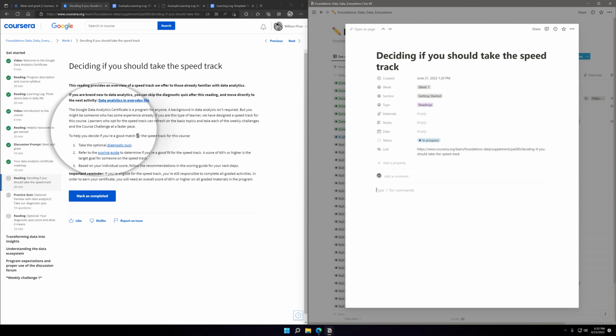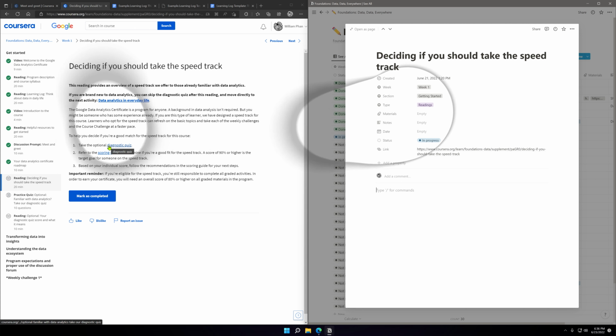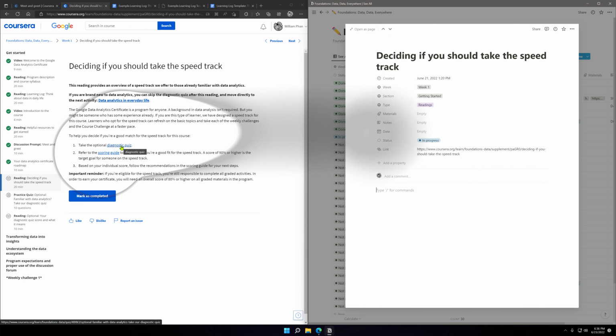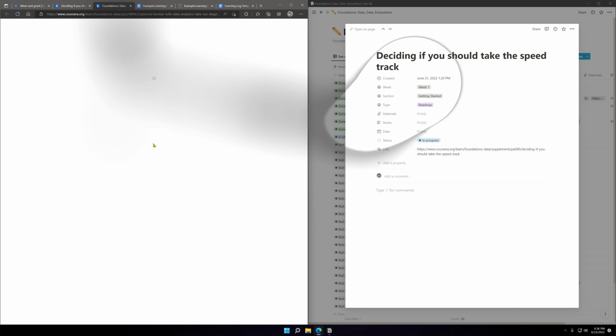To help you decide if you're a good match for the speed track for this course, I'm going to take it anyway, but I don't plan on skipping anything unless for whatever reason this quiz tells me I must skip, then I'll skip, but I don't think that will be the case, but let's see.